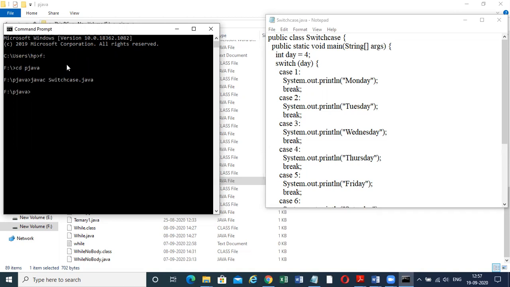And when I want to see the result, I want to run the program, then I will write java and the name, that is the switch case. So this is Thursday. Now I'm changing this one. I'll put here 2. Now what will happen? Yes, Tuesday will come here, but